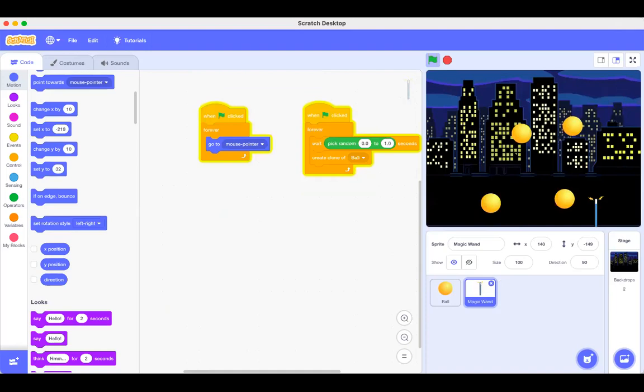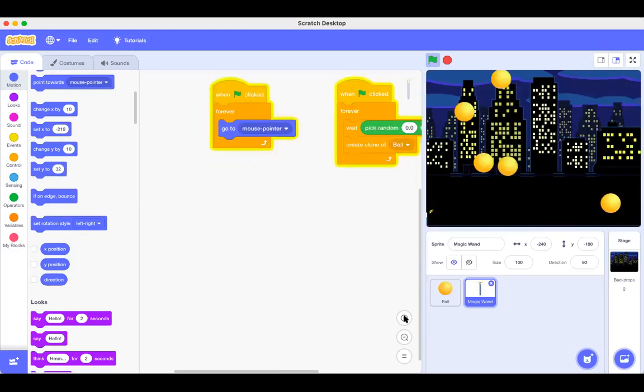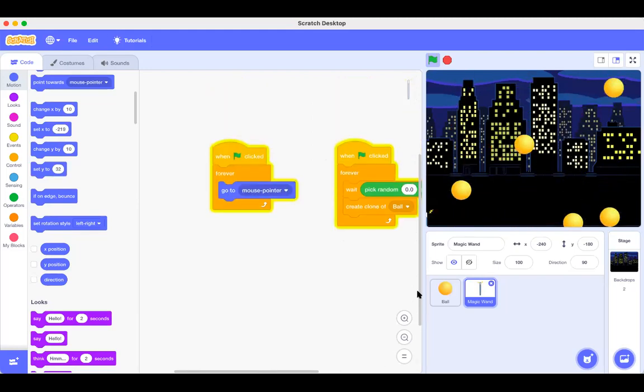Okay. So what I want to give you as homework, I want you to have a variable that will count how many balls you have been able to click, and also have a variable that counts how many balls have made it to the bottom of the screen. And we will share that code together tomorrow. So whoever has done that will be able to share it with us. If you are shy to speak, you can just show us your code working